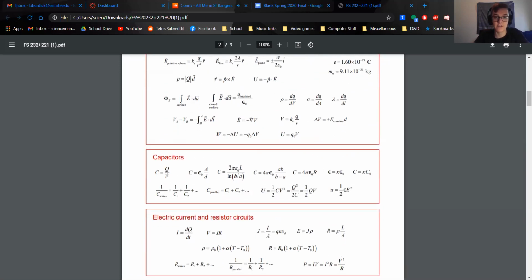Now we have capacitors. So we have a lot of stuff here, but really, we can talk about it. So this is the definition of capacitance. This will hold for any sort of capacitor you have. So remember what a capacitor is. In the most simple case, it's just two plates, and you put some charge in those plates, and you say, well, they've got positive charge here and negative charge here. And then that's going to create an electric field between the two, and that electric field creates a potential difference. And so you take the total amount of charge on each plate divided by V,